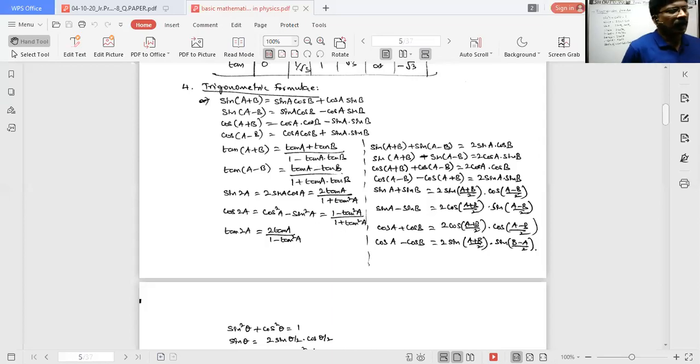So here, cos of A minus B is equal to cos A cos B plus sin A sin B. All of you see, cos of A plus B, cos of A minus B is equal to cos A cos B plus sin A sin B. Tan of A plus B is equal to